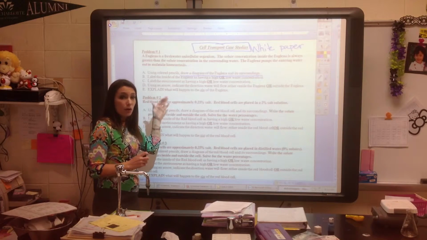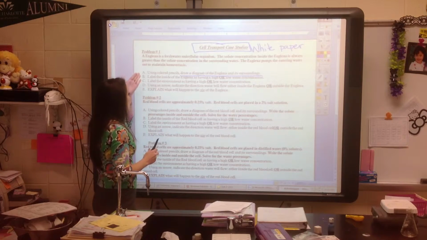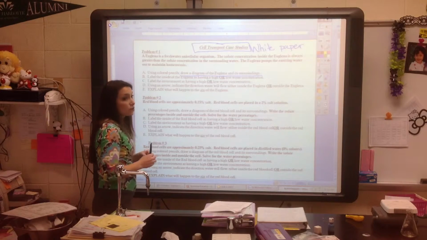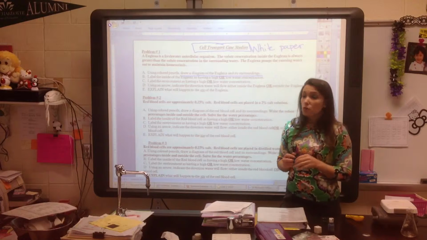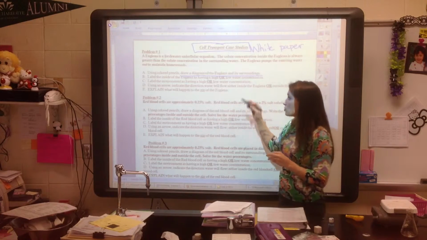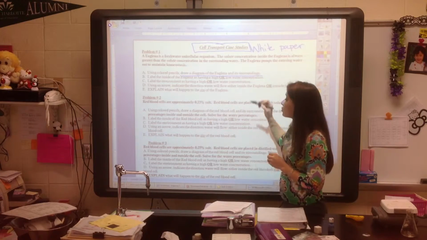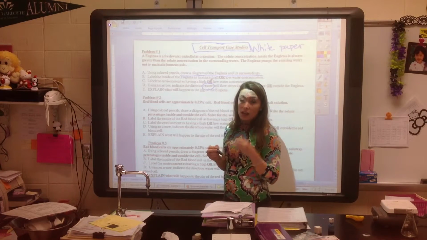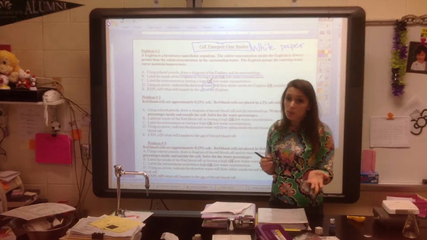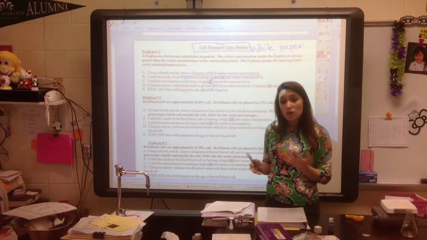So you and your partner are going to be working together to complete each of these steps for these 5 problems. Please make sure that when you indicate which direction water will flow, that you're noticing that we're only talking about water moving, that we can't have salt or sugar move because they're too big, they don't fit through the